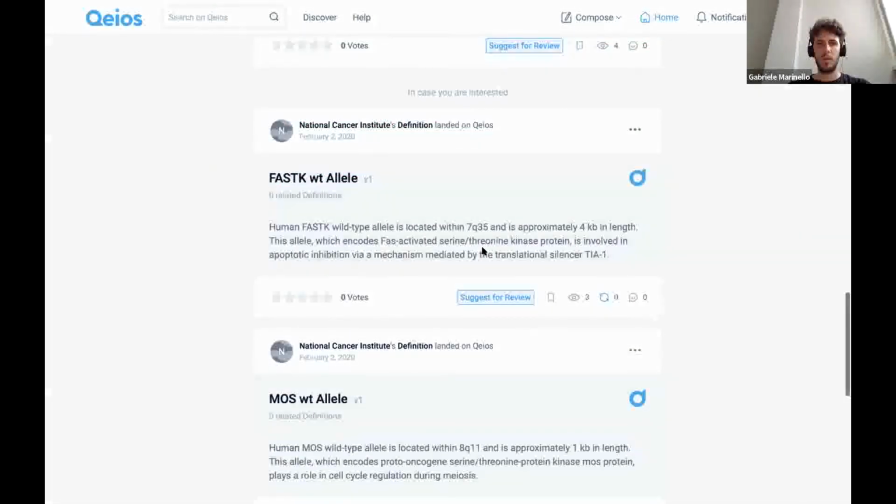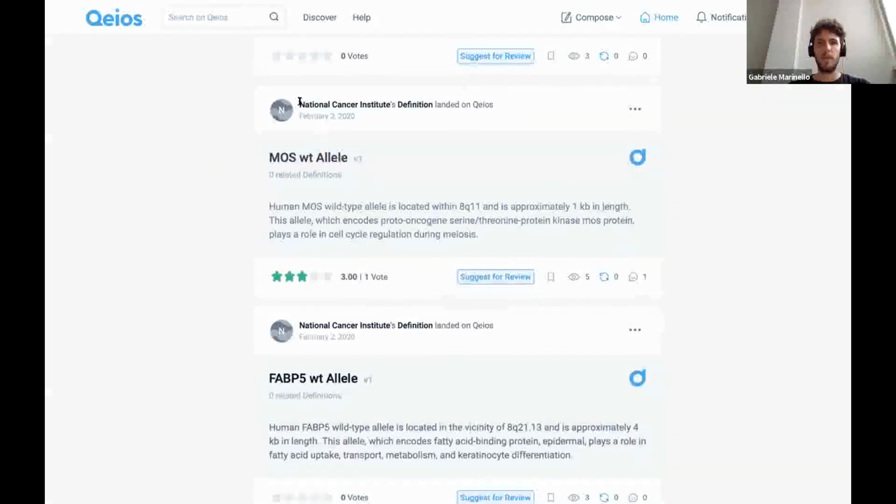For example, this is a definition by the National Cancer Institute.